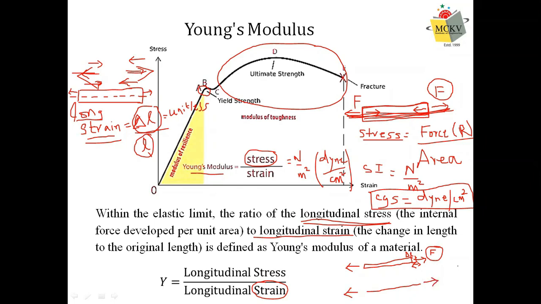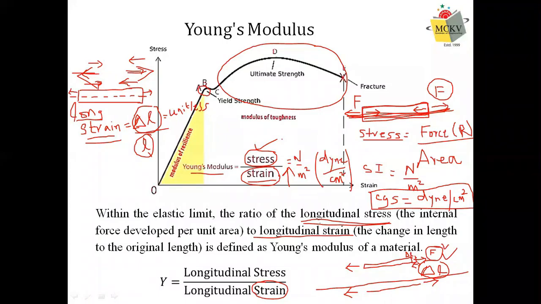This rubber band, on application of the same force, will elongate to a much greater extent. The change in length, that is delta L, for the rubber band, that is strain. See, strain is basically change in length by original length. So if the change in length is more, the strain is more. So you see that for the same force, that is the same stress, the strain in the rubber band is more, because the rubber band is going to deform more, which implies the denominator is more. The denominator is higher for a rubber band.